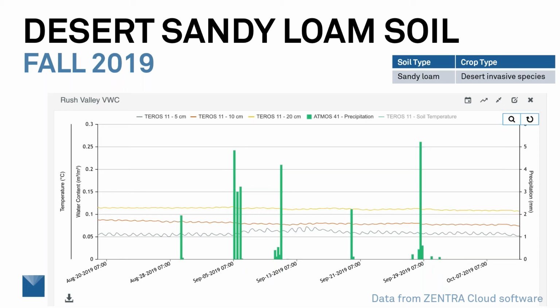And here I looked at this data set and started thinking about the fact that I couldn't really see, in the gray line here, which is the 5 centimeter water content level, and comparing it to 10 centimeter here in the red, and the yellow is 20 centimeters, I couldn't see these events where we had rain falling. And it's not an insignificant amount of rain. It's about 4 millimeters of rain on several occasions here. The maximum is around there. So why didn't I see those rain events show up in my water content sensors?